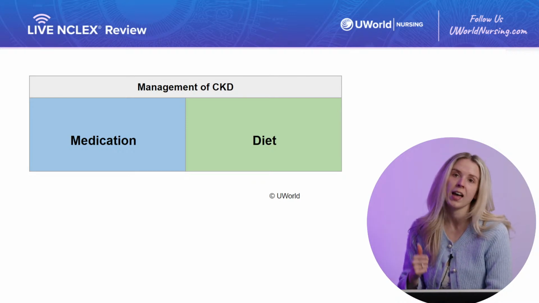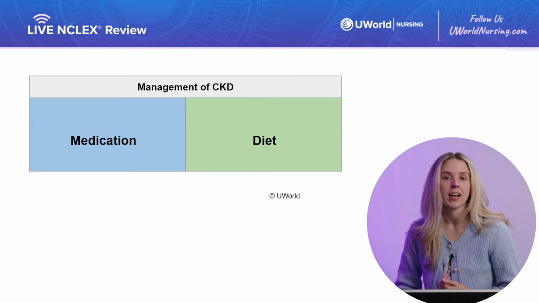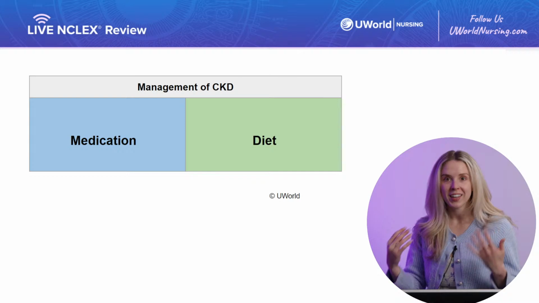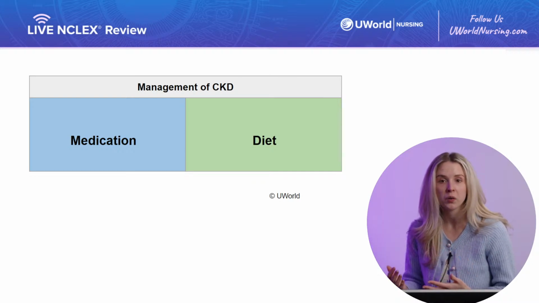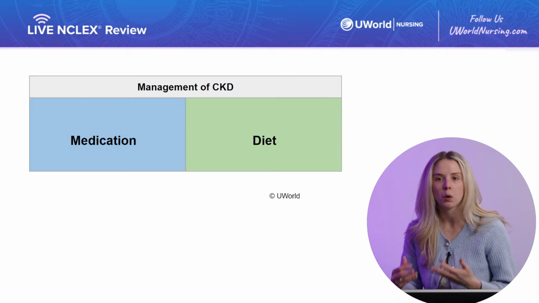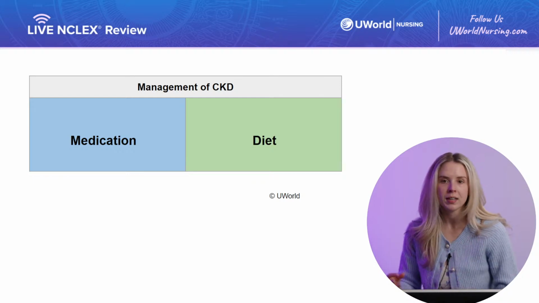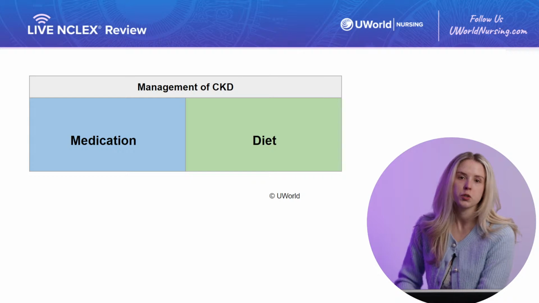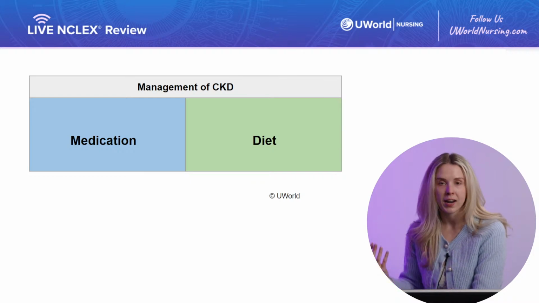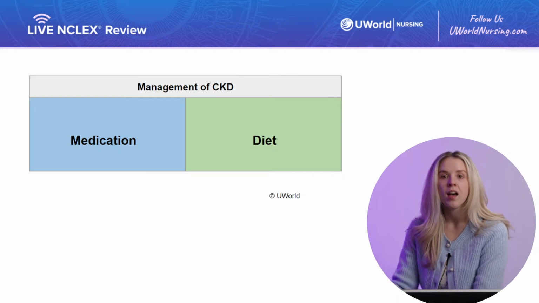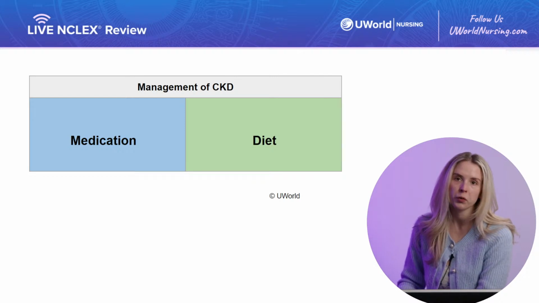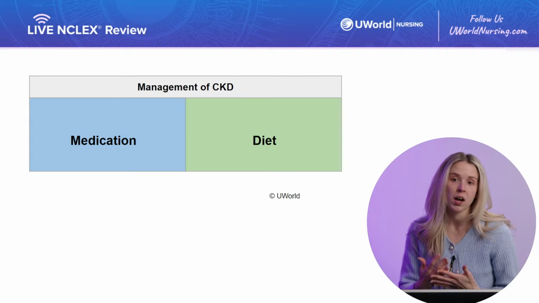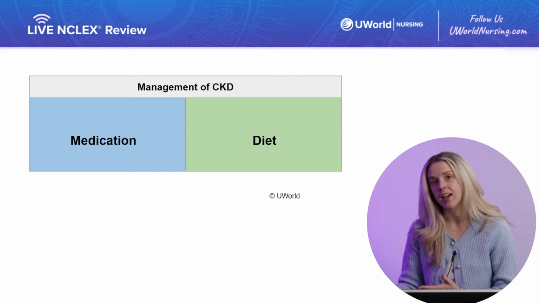We're going to treat that anemia. So we may give these clients iron supplements. We may give them erythropoietin injections because we know their kidneys are not producing enough on their own. And this will help stimulate the bone marrow to produce more red blood cells again to treat that underlying anemia. We're also going to work to treat the volume overload with some diuretics and reduce the general edema, only again in stages 1 through 3, because here the kidneys are still functioning. They're still able to respond to those diuretics and excrete the excess fluid.